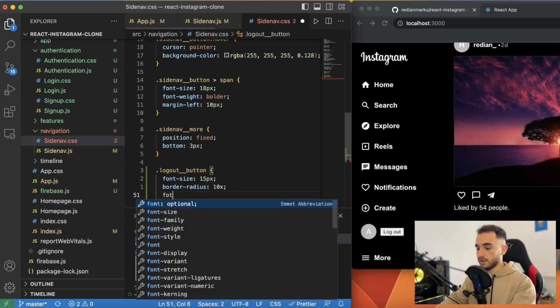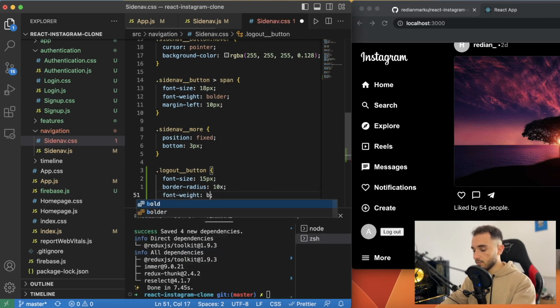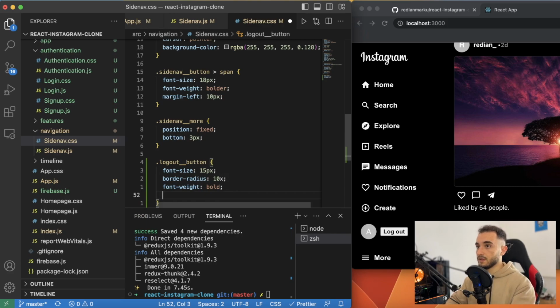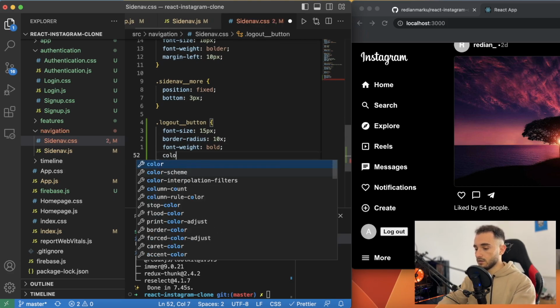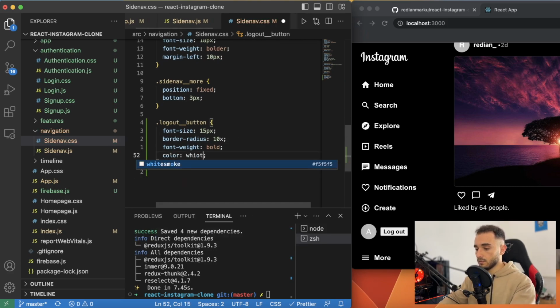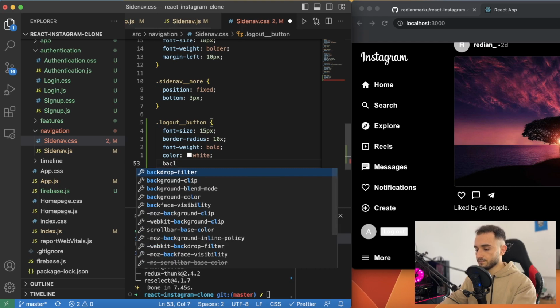We want the font weight to be bold, and we want the color white, and the background color